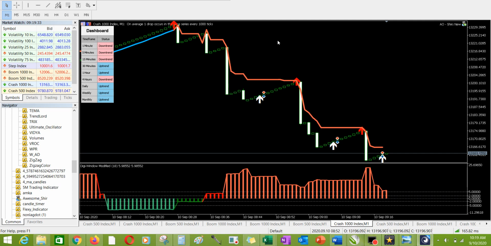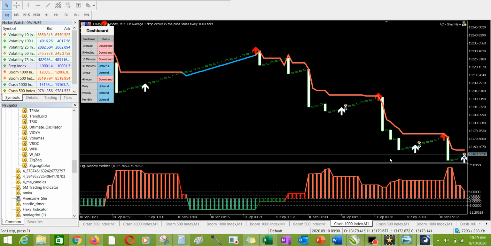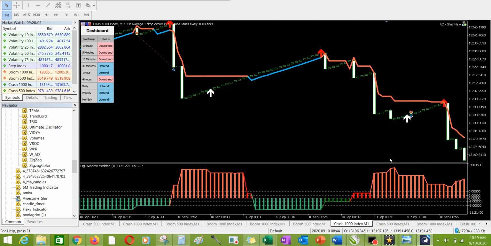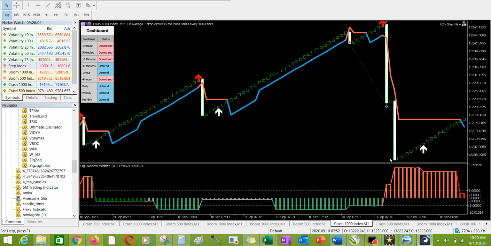Let's say Crash 500, Crash 1000. I'm still using the Crusher indicator. It is crashing at the moment. You can see the continuous crashing starting from this red arrow. It's kept on going down. Each time it is touching the PZ super trend, it is crashing. You see it crashing each time it is approaching it. So that shows that Crash 1000 is on downtrend at the moment, although at the early part